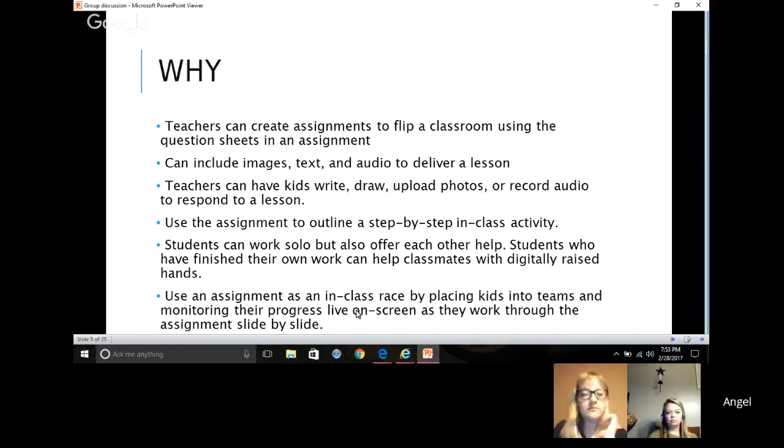Teachers can create assignments to flip a classroom using the question sheets and an assignment. It can include images, text, and audio to deliver a lesson. Teachers can have kids write, draw, and upload their own photos and record their own audio to respond to any lesson. They can use the assignment to outline a step-by-step in-class activity, and students can work solo but also